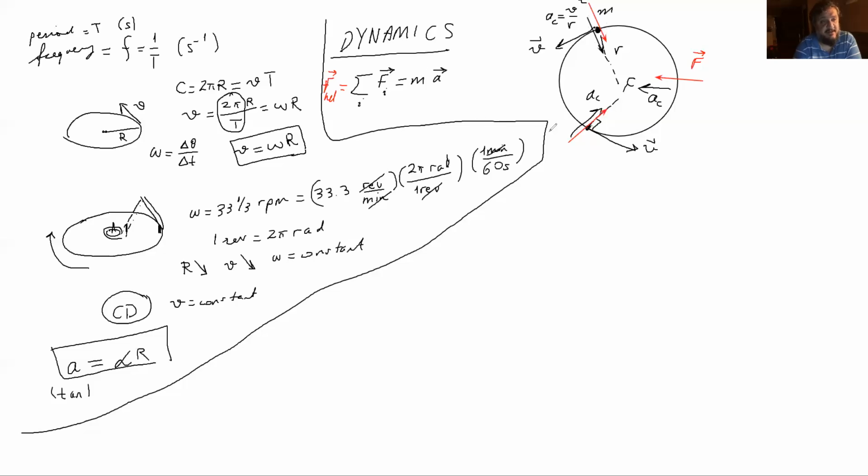So if we just find this F, I'm just writing the magnitude now. That will be equal to m times v squared over r. Okay, that's how you solve these problems. Here's a problem for you. An example. Example